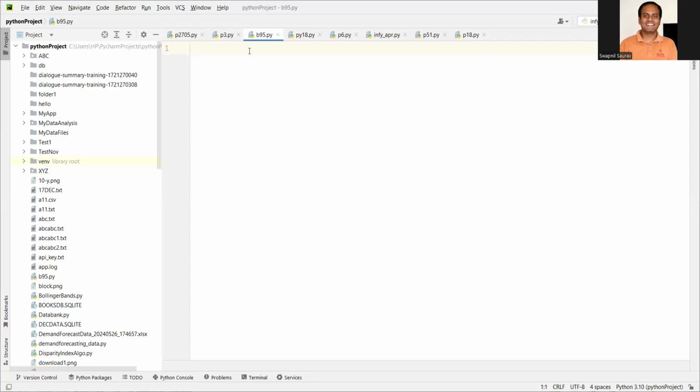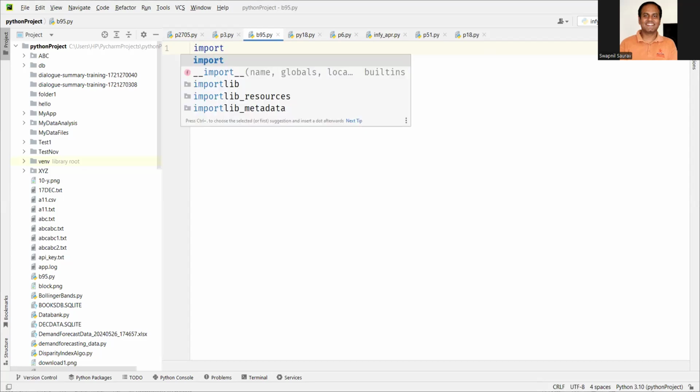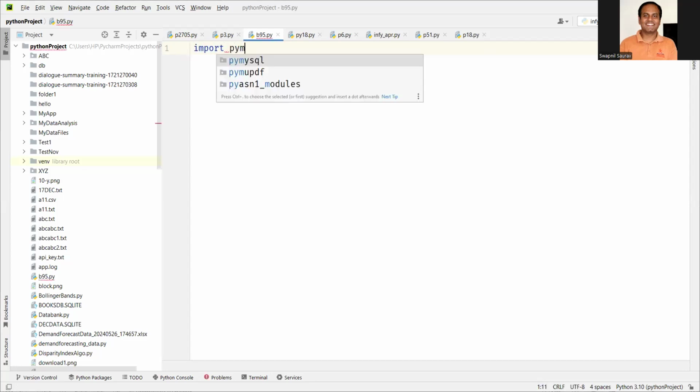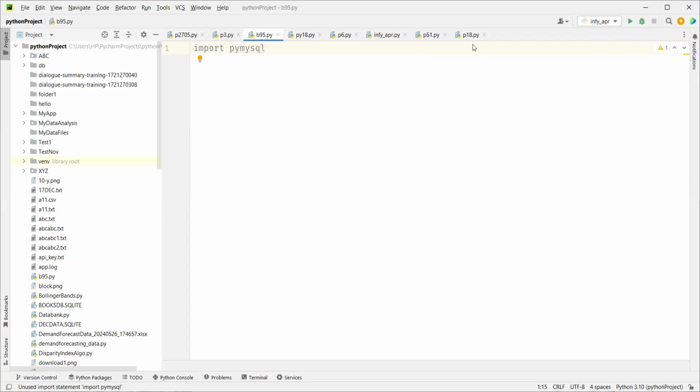First, you need to import a library. For connecting to every other database, there's a different library. This is what I said: if you want to connect to MySQL, you have PyMySQL, which is used to connect to MySQL, Python MySQL. If you want to connect to, let's say,